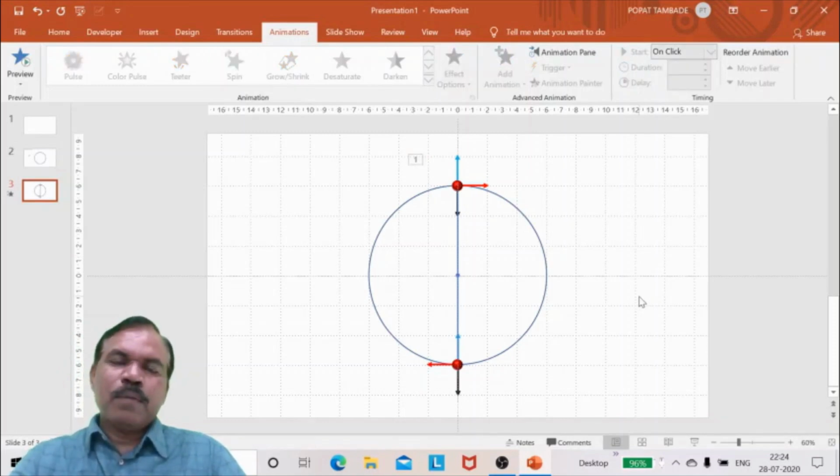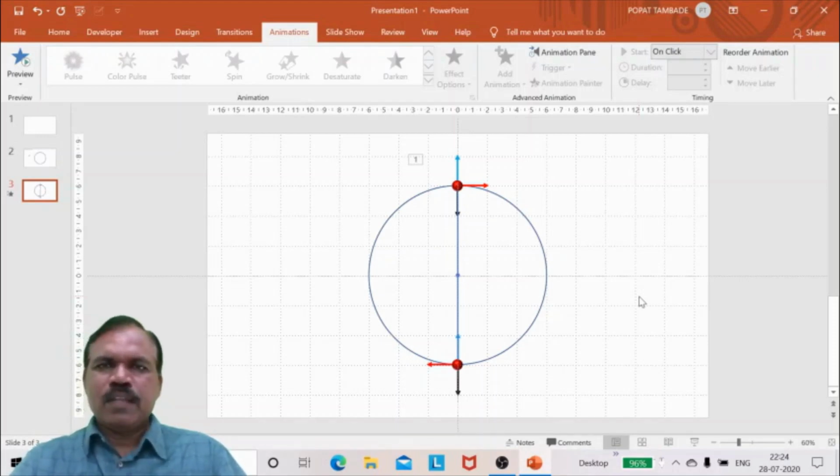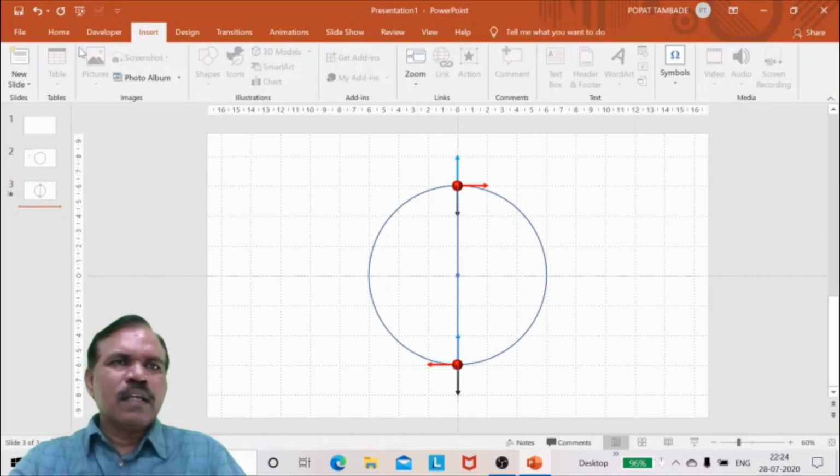Now, but we have to show only one particle, not two particles. But for spin we require a symmetric shape. That's why I have drawn a symmetric shape. Now we'll give here forces and velocity. So for that purpose, go in insert menu. We have symbol here. Just take another slide, and on that slide